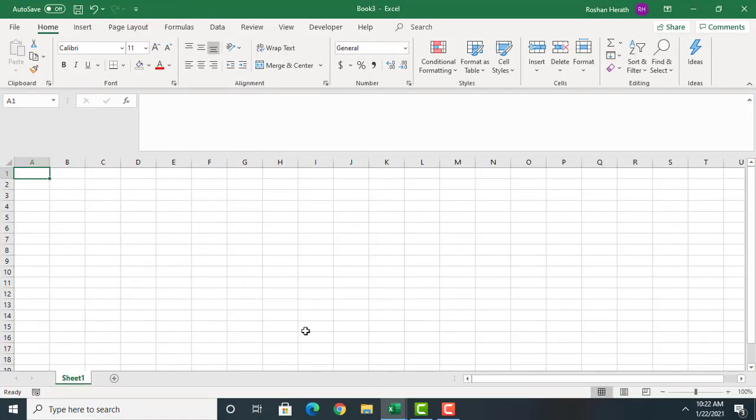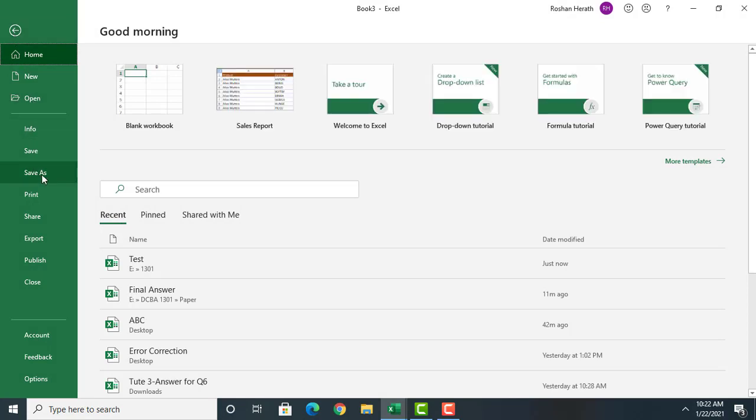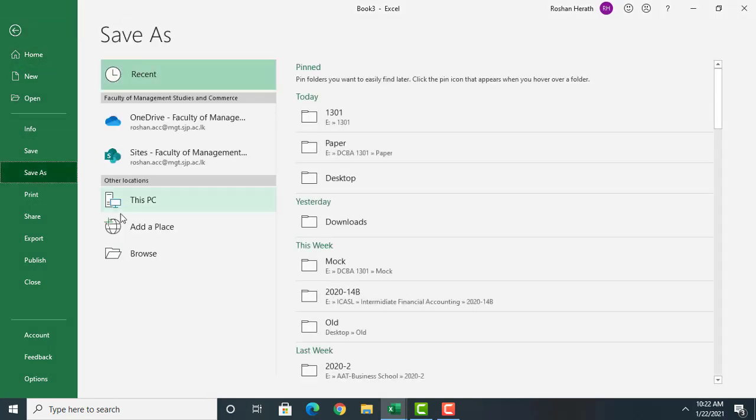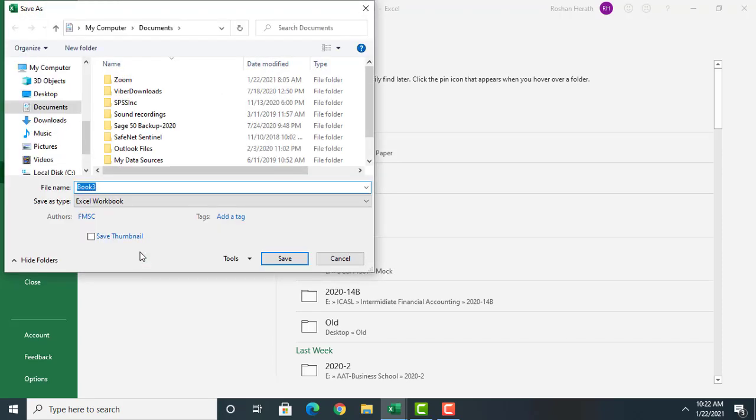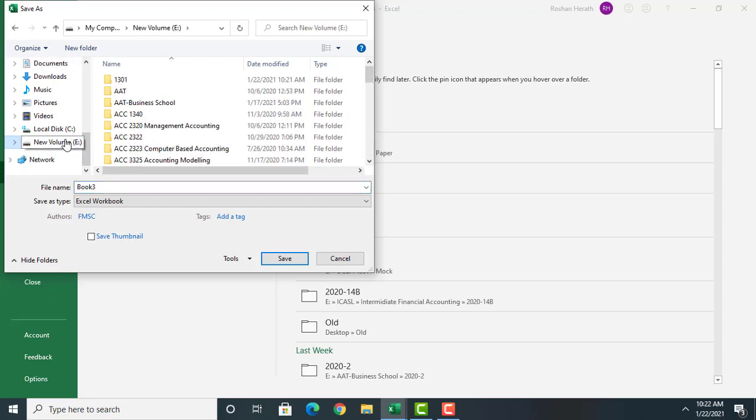Then from there, if you want, you can save this to a destination folder. Once the software is open, you can go to File, go to Save As, and go to Browse. You need to look for a location. You can browse it, then show what your destination is. So the destination, in my case, let me take the new volume